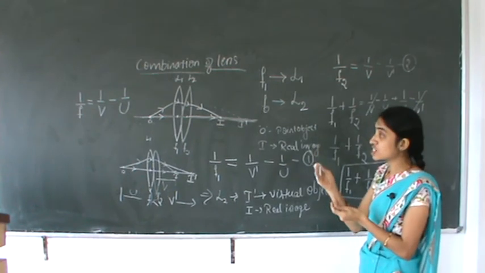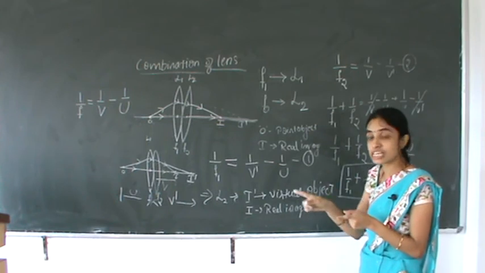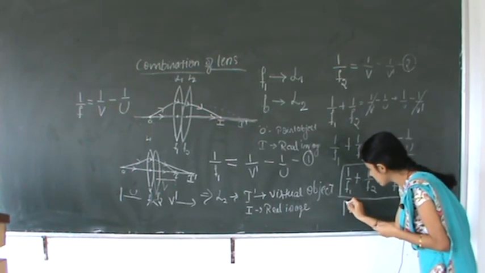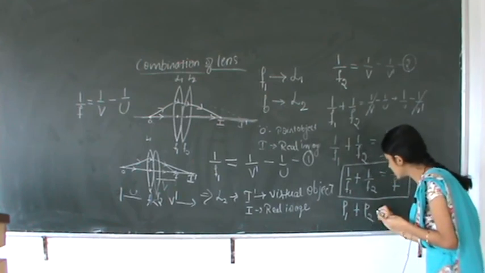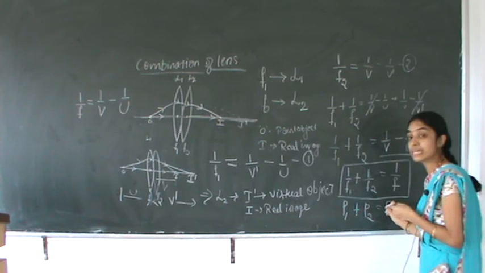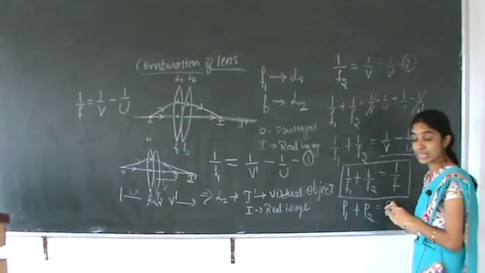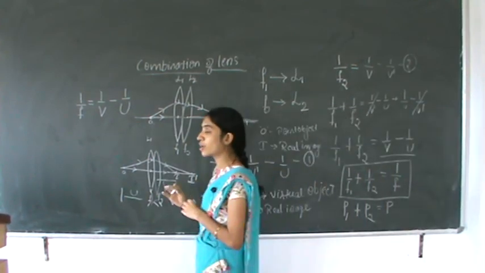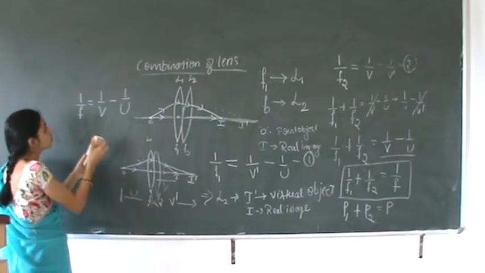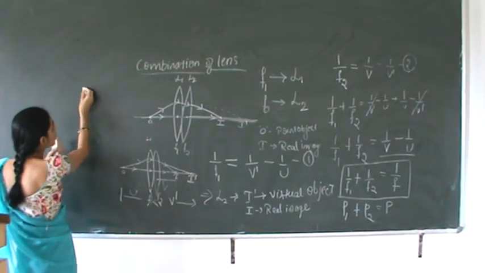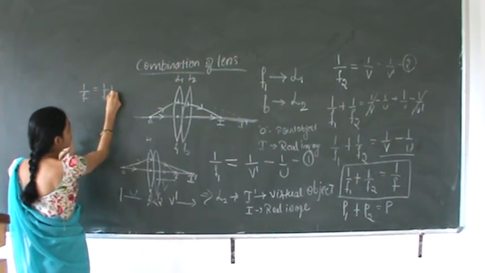In the earlier definition, what's the relation between the power of a lens and the focal length? That's the reciprocal. I can replace this equation simply as P1 plus P2 equal to P. That's the power of the lens when two lenses are kept in combination. If there are n number of lenses, I will get the final expression, or the equivalent value, that is 1 by f equal to 1 by f1 plus